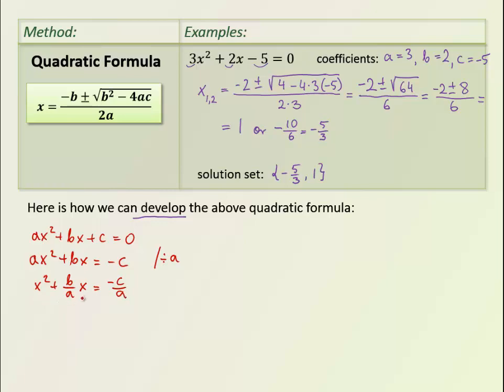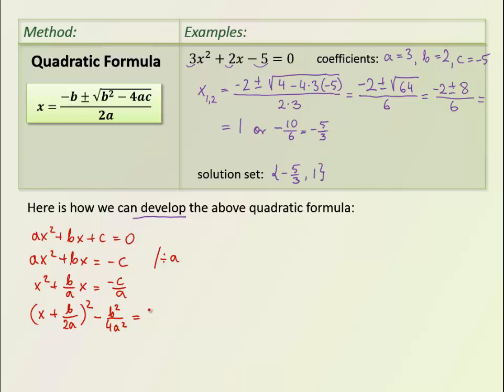The next step would be to complete the square of these two terms, so we write a bracket, and we're going to square it. In the bracket, your x, the same sign, and half of this middle coefficient, which is b over 2a. Now, since this is more than what we had originally, because that's a perfect square and ends up with 3 terms and we had only 2 terms, we need to subtract from it, diminish it by the last term squared, which is b squared over 4a squared,